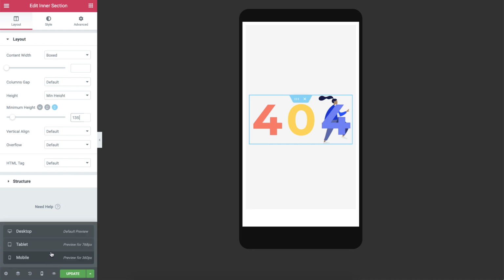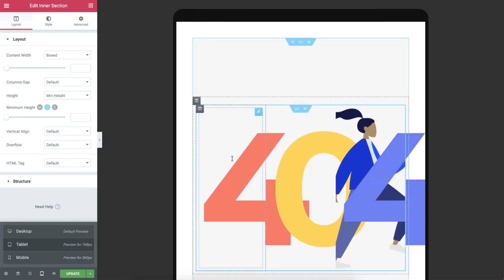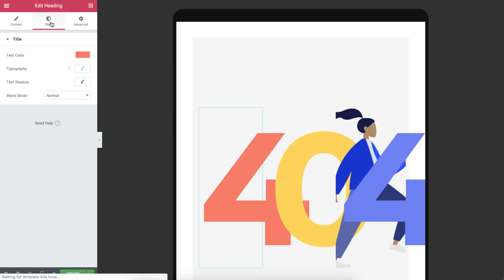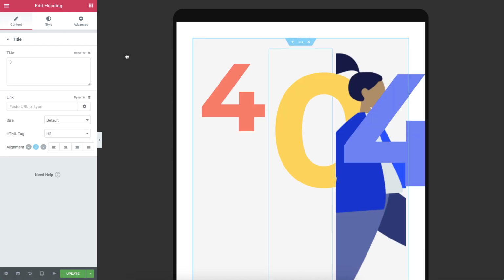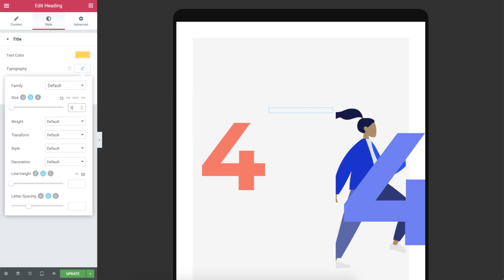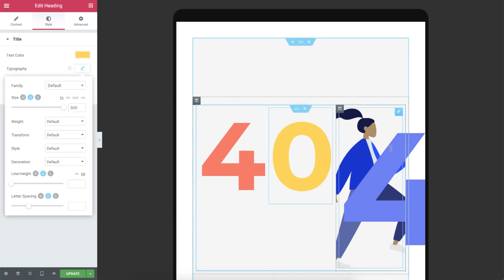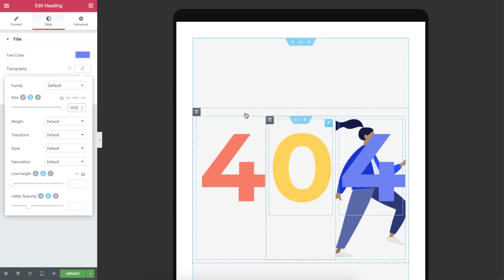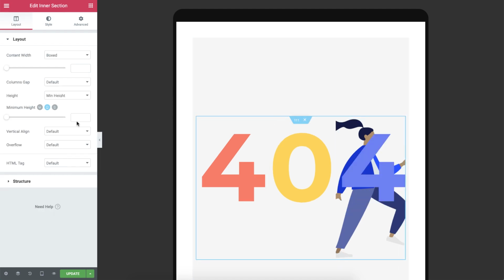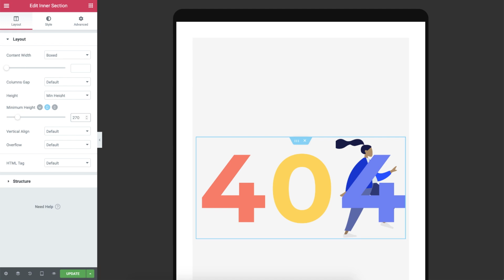In the tablet responsive mode, select the number, and this time change its size to 300 pixels. Like before, do the same in the other columns as well. Then, in the intersection settings, set the minimum height to 270 pixels. Okay, great. Now, let's go back to desktop mode